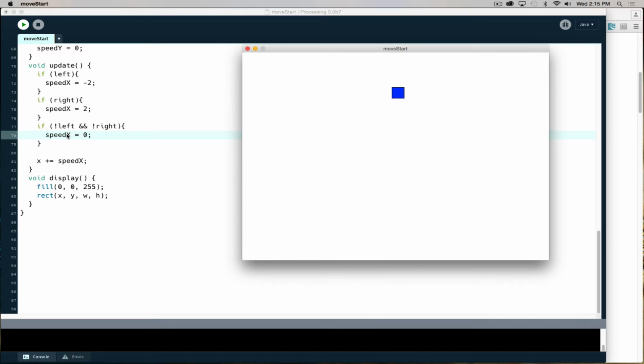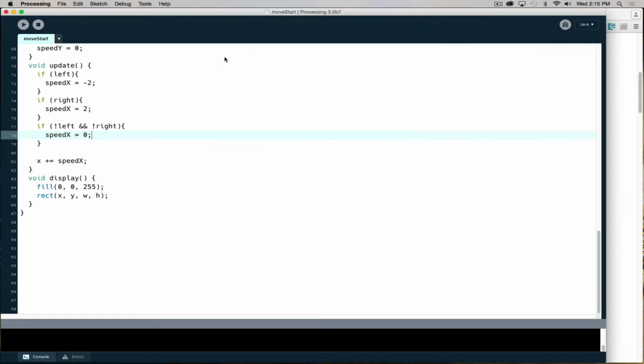it's working. The only other situation, which is not a requirement to take care of, is what happens when I'm pressing both at the same time. If I'm pressing both keys, do we want it to keep moving? Do we want to kill the movement? That's up to you. You can do whatever you want on that. And the way that we would do that